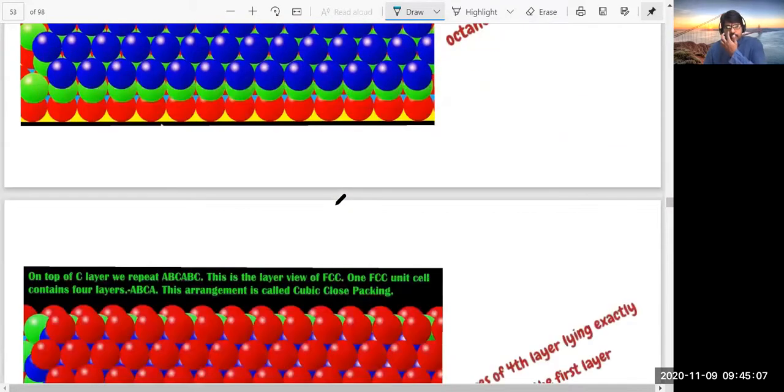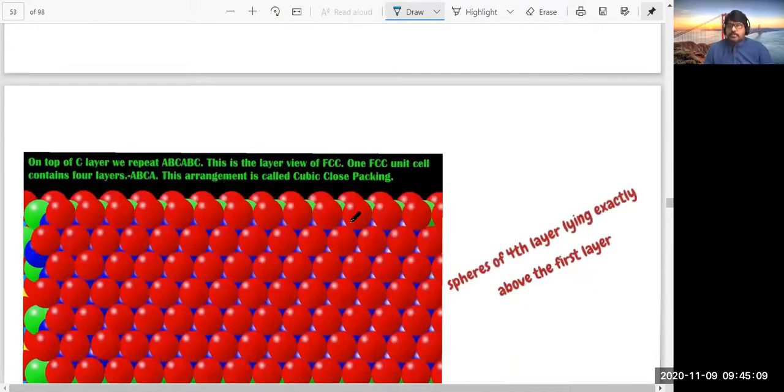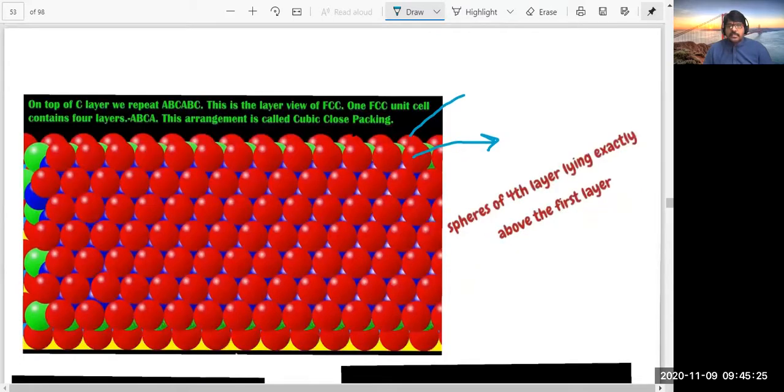And if you take the particles of the fourth layer, they are lying exactly above the particles of the first layer. Here you can see this is the first layer, the green thing is the second layer, the blue thing is the third layer, and this is the fourth layer.